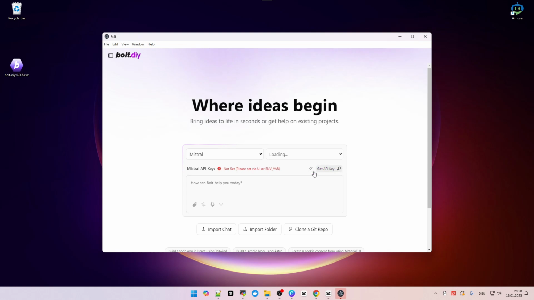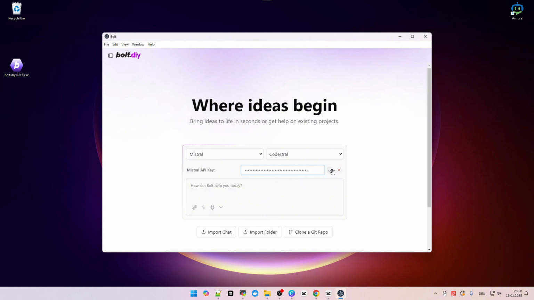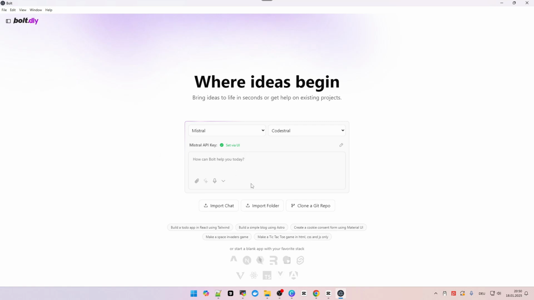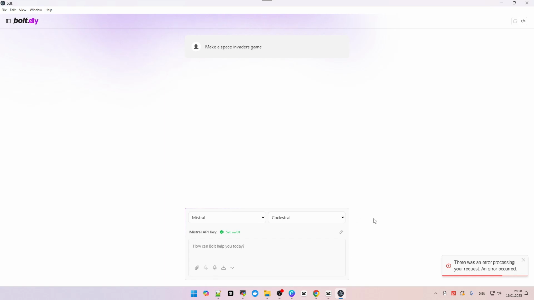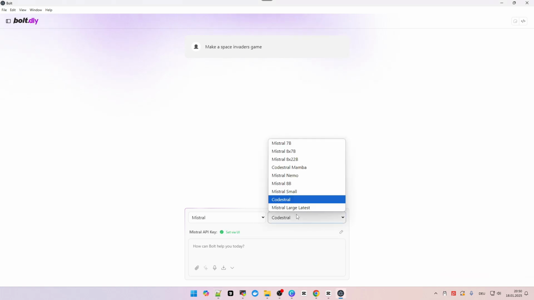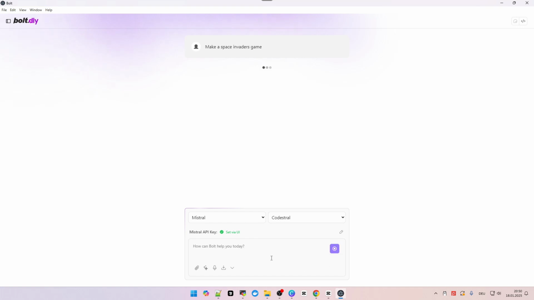Takes a bit, but then it appears, and I will just set my API key for Mistral to test it out. Let's just implement a Space Invader game. Oh, maybe I copied the wrong key. Let me check. Let's do this again. That's okay. And yeah,